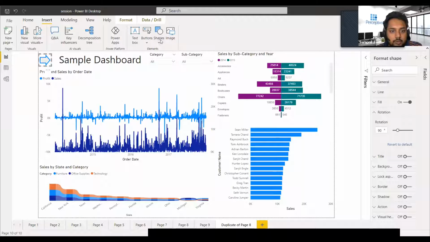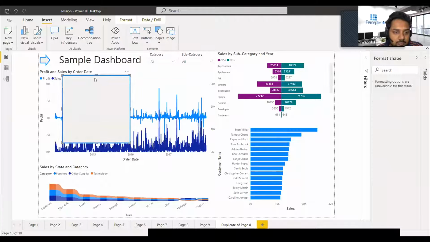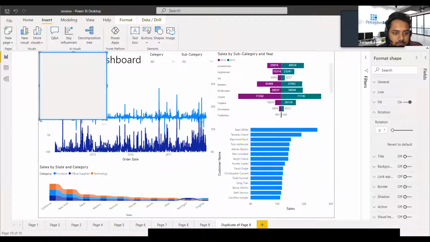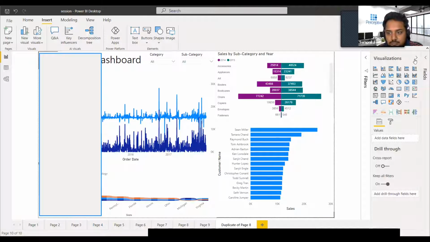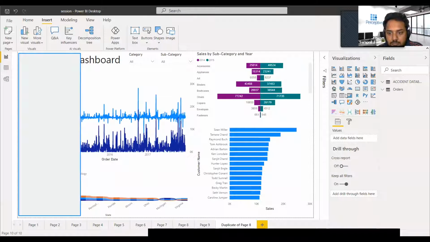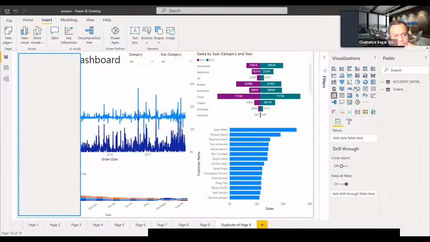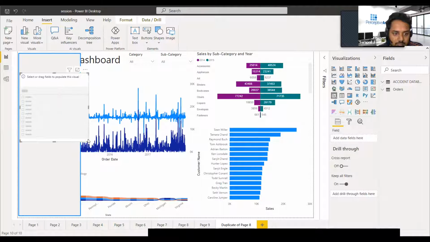Okay. Now we need a panel in which we can put our filters. So create the panel. And now we'll add our filters on it. Let's give it as states.